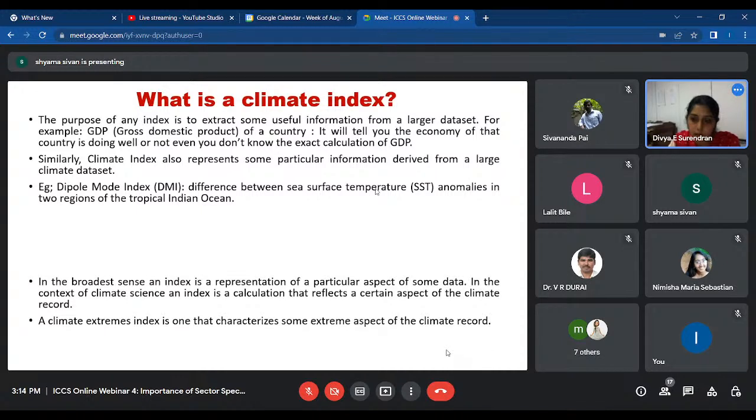Based on that, any index will be represented in a particular way. It depends on what one wants to see from that data. Many of us in the atmospheric or oceanic community know the dipole mode index. The dipole mode index is the index which tells the condition of SST in the